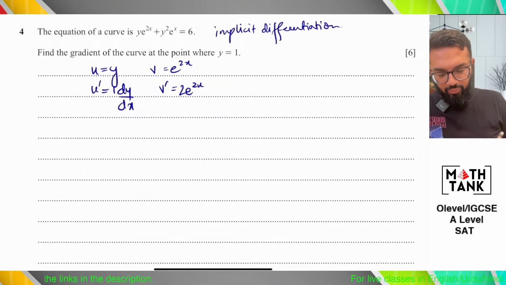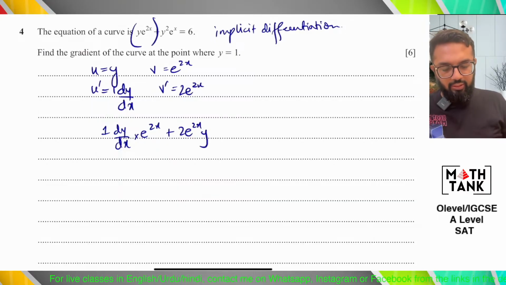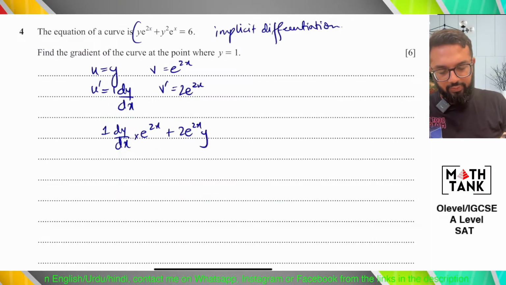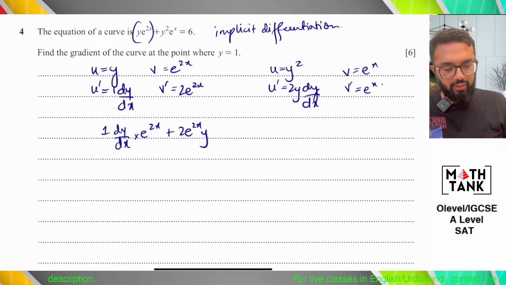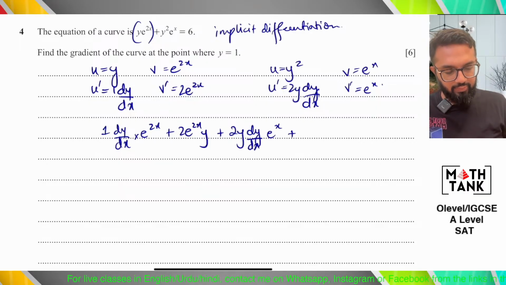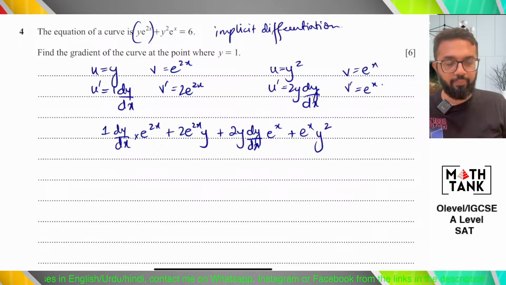So u dash v plus v dash u, that's the first term, that's the differentiation of the first part. And then I have u as y square, so u dash should be 2y dy by dx. And v as e power x, so v dash should be e power x only. So u dash v plus v dash u